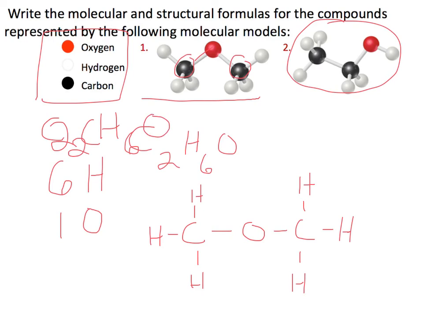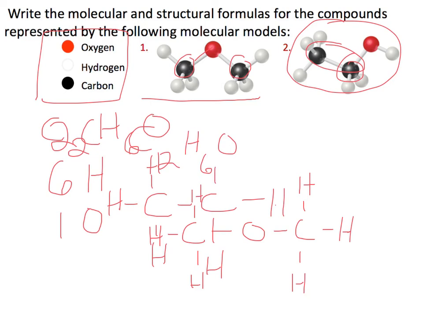Then we can look at how these are connected. So we can see that we have a carbon bound to another carbon, shown here, right? This carbon has 3 hydrogens attached. This other carbon, shown here, is going to have 2 hydrogens attached. And then we have an oxygen